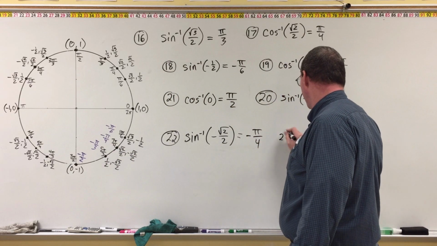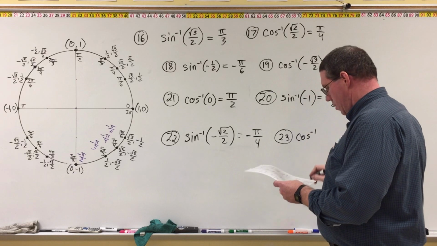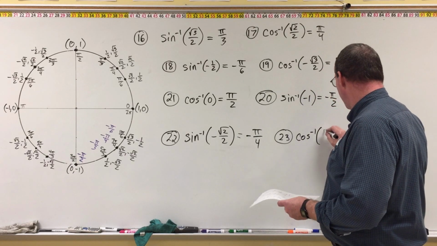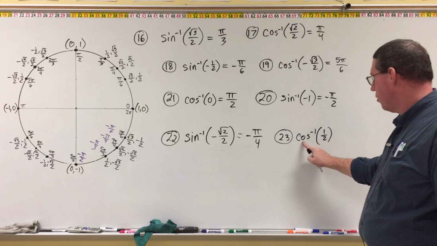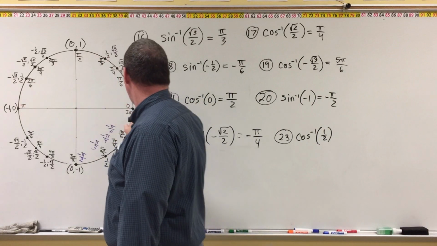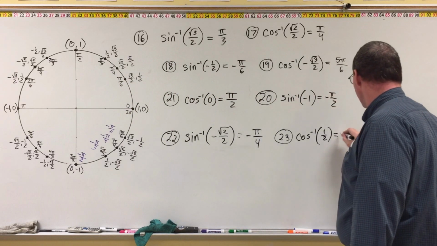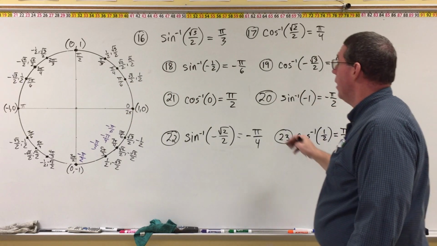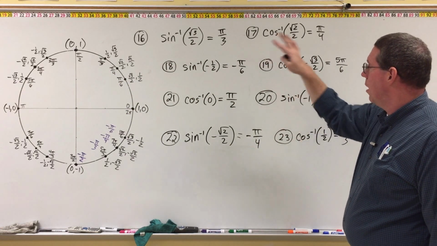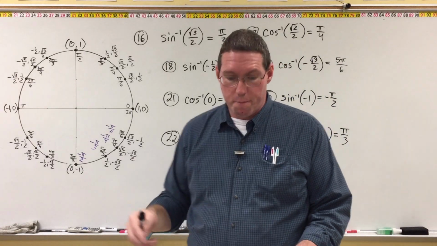And then question number 23 is cosine inverse of 1/2. So we're looking for where the x-coordinate is 1/2, and it has to be between here and here. X-coordinate is 1/2 right here, which is at pi over 3. So the answer is pi over 3. And so that's how we use the unit circle to give answers for inverse sine and inverse cosine given specific